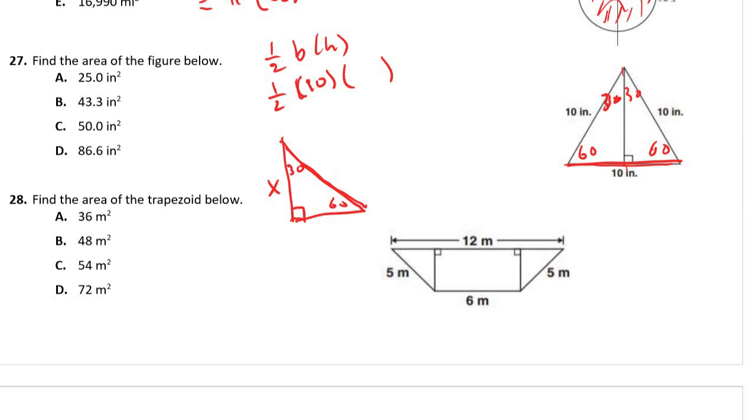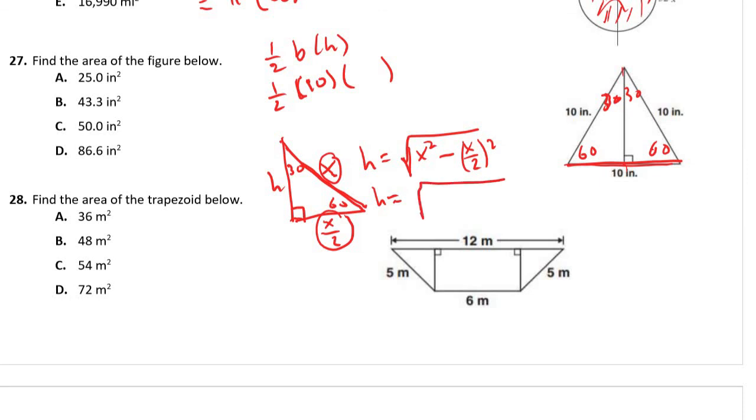Let's do generic. This is x. This will be x over 2. And then this is k. I don't know the height, h. Okay, I want to do h equals the square root of x squared minus x over 2 squared. That's what you do. You subtract the square of the little one from the square of the long one, the hypotenuse. So h equals the square root of s squared minus s squared over 4 when you do this,